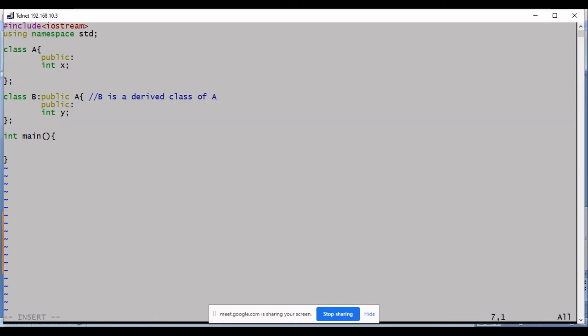And later in the main, let's create an object of B. The explicit member data that is mentioned within B is Y. So if I write something like B dot Y is equal to some value, is this valid? Yes or no? Can I access Y using the dot operator?